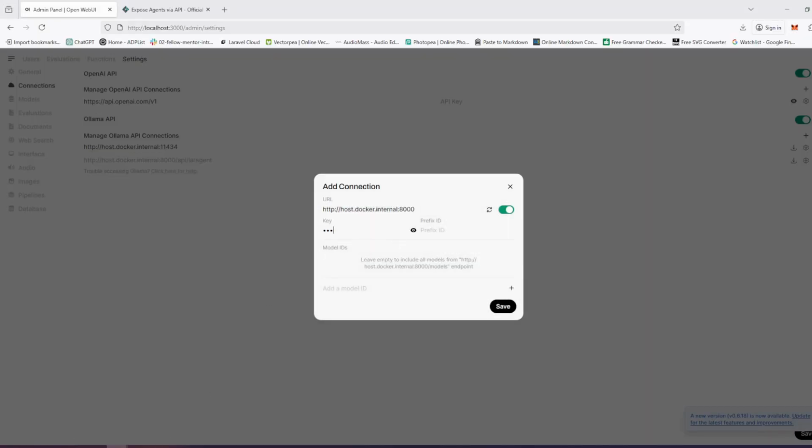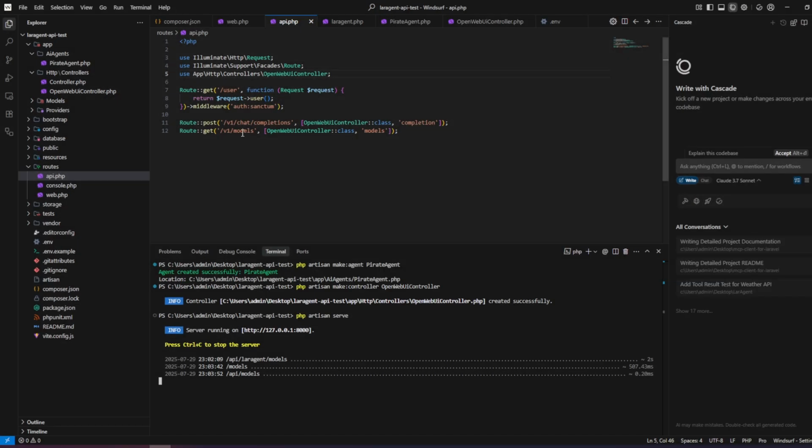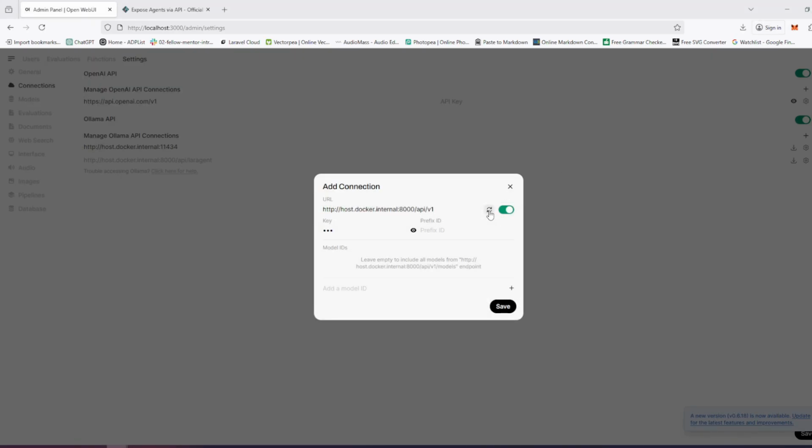So just paste any text, type any text in the key. It doesn't matter for now because we don't use any keys. And for the model IDs, we don't need them, since we have a models endpoint. Okay, I will need to add here the API and v1, since we have v1 here as well. Yep, it did. So the connection is successful. Just save it